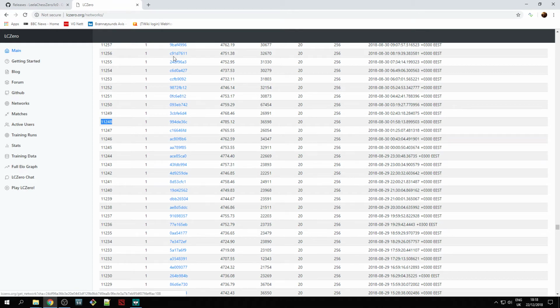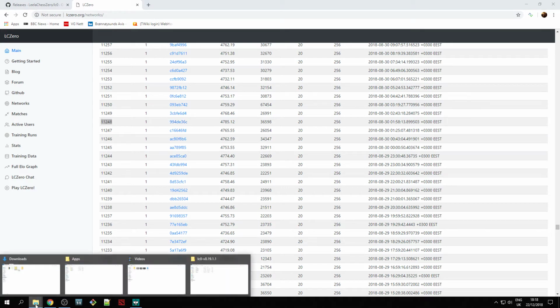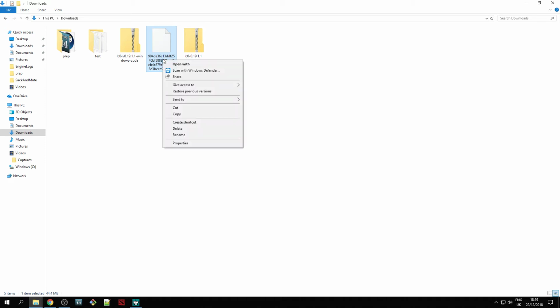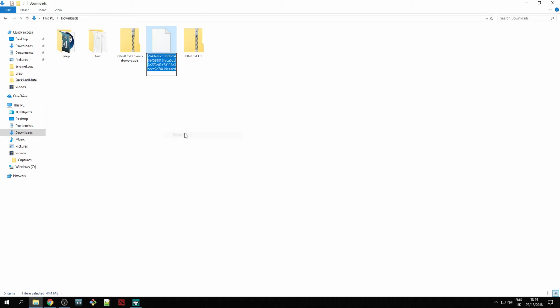Now here we have the download link, so we can click on that, and after a little while we will get a rather nastily named file, 994D36 blah blah blah. This needs to be renamed, so we're going to go to the right menu again. We right click on the file and we choose rename,